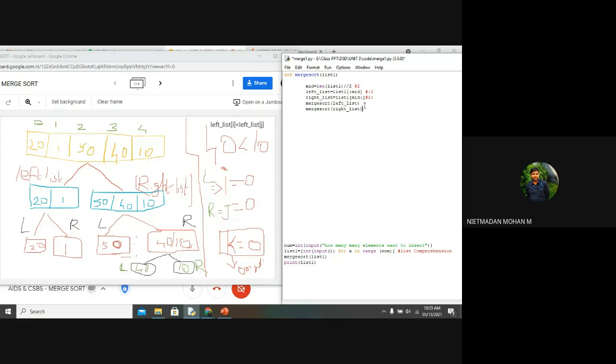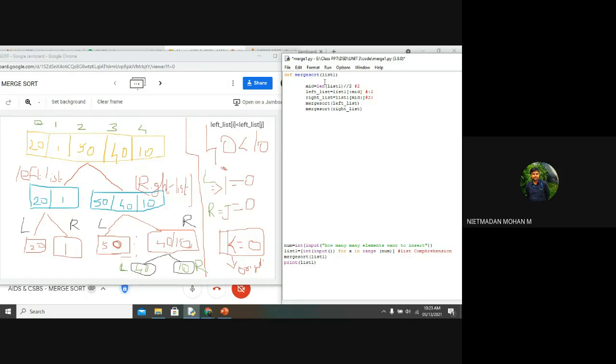Yes, we are using the recursive function because this operation needs to be repeated again and again till the element is split into 1. So in the recursive function, there will be 2 conditions. One is the recursive call needs to be set, and another one is the base value or the termination value needs to be set, right? Yes, we studied this in the factorial algorithm also.